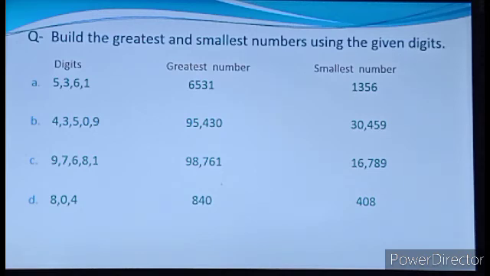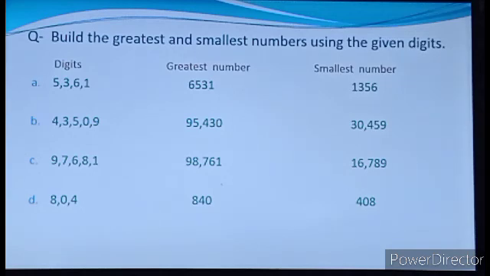So how can you write the answer? Write the 0 in the second place, and whichever digit is in the second place has to be written first. So here 3 is written first, then 0, and then 4, 5 and 9. So we build the number 30,459 as the smallest number. So you take care about the zeros. When you have to build the smallest number, you put the 0 in the second place, and the second digit is written in the